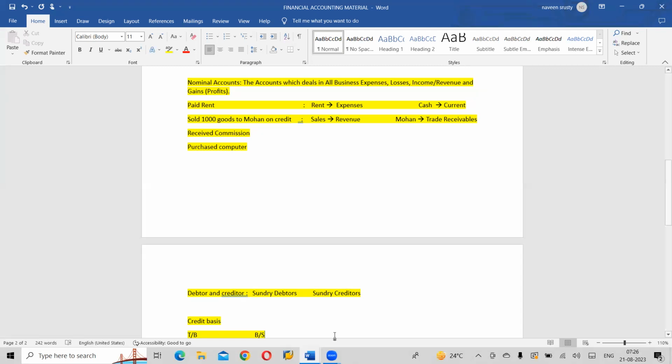Right? Sundry indicates group. Whenever it is sundry, it means a group of debtors. It's not one debtor, it's a group of debtors. The term sundry is derived from a Latin word. Sundry in English means a group. So sundry creditors is nothing but a group of creditors. So you would have seen that also. One, sundry